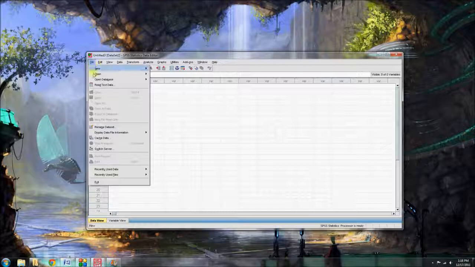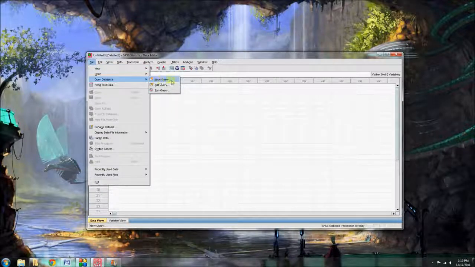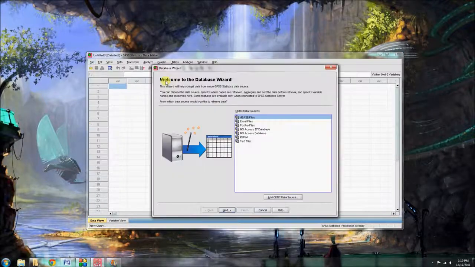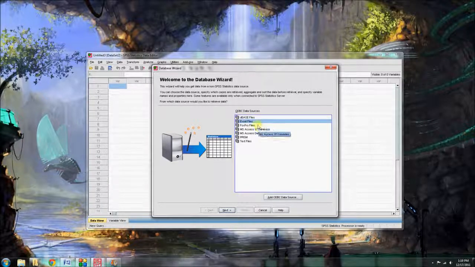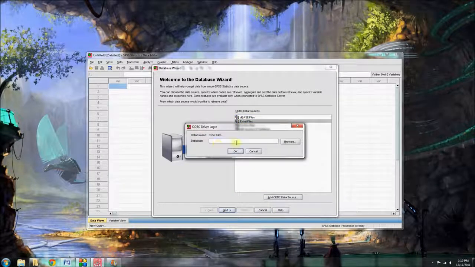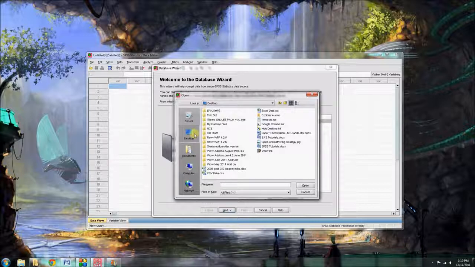So let's go to File, Open Database, New Query. Now mind you that there's New Query, Edit Query, and Run Query. The Edit Query and Run Query are a little bit more complicated. I'm not going to cover them. I'm just going to show you how to use a new query, and I'm going to show you it on an Excel file type. You can see here though that they allow you to use DBase files like database files, FoxPro, Microsoft Access, Prism, or text files. In this case I'm going to do it in an Excel file, and I'm going to browse for the location, which is on my desktop,